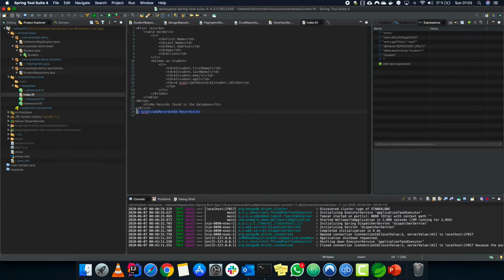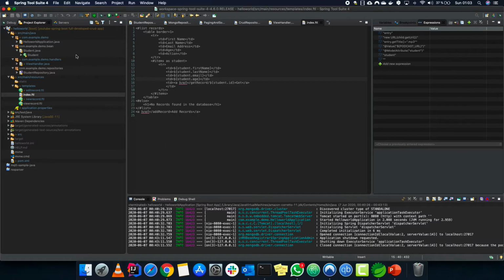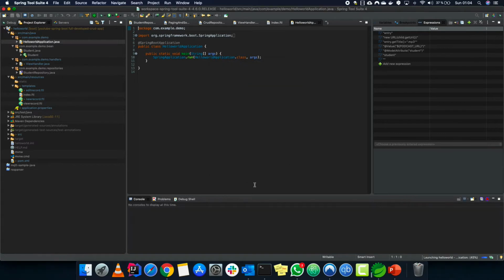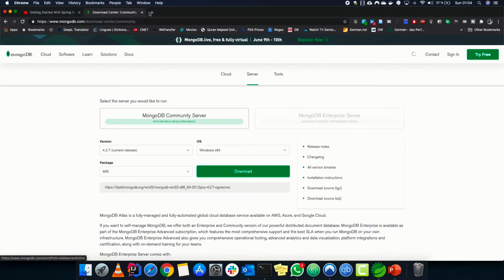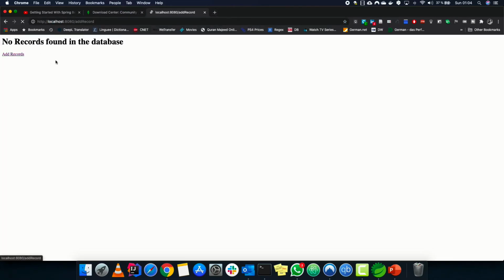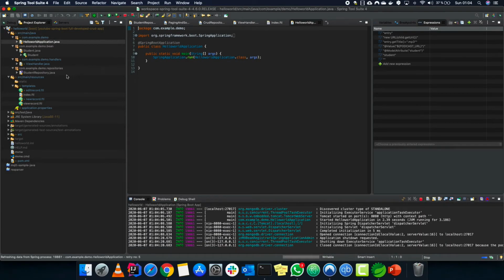First, let's check how this particular records list is working, like how it is being shown. So we run our application. Now we go to localhost. There are no records found in the database, which means this part is running just fine. We'll go into add record and get record and everything, then we'll also view the application again. For now, just close the application and go into the view part.